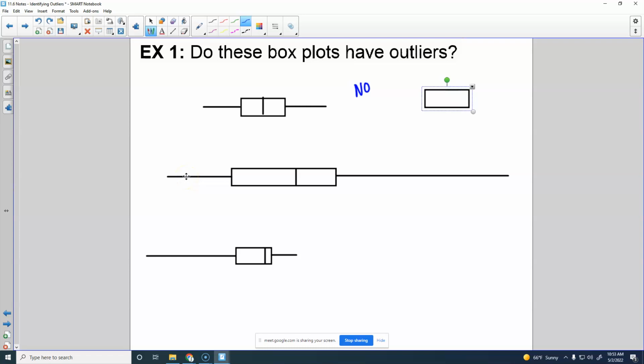Okay, let's see. Ayla, what do you think for the second one? Do you think that one has outliers? Okay. Do you think they are high outliers or low, or both? Okay. So, for this one,